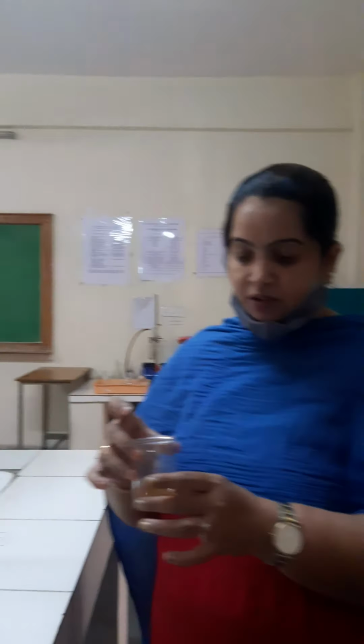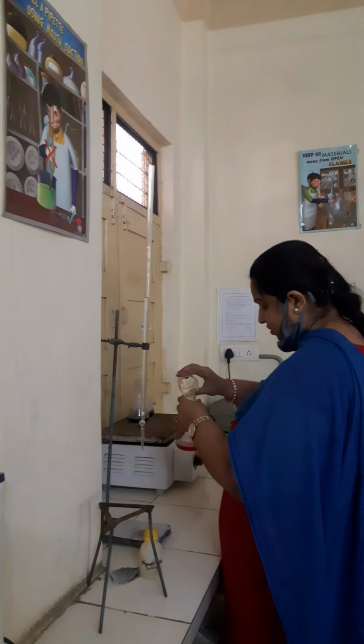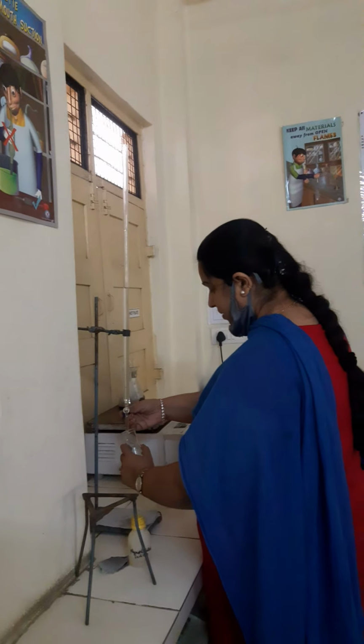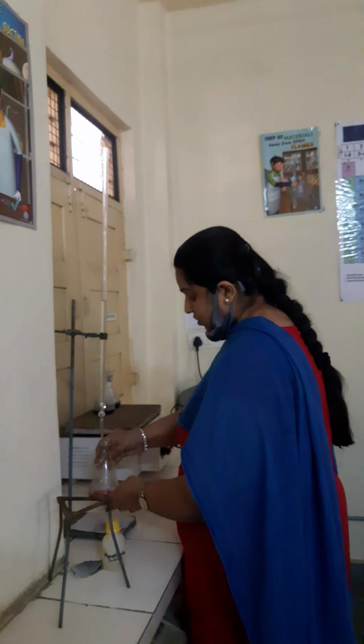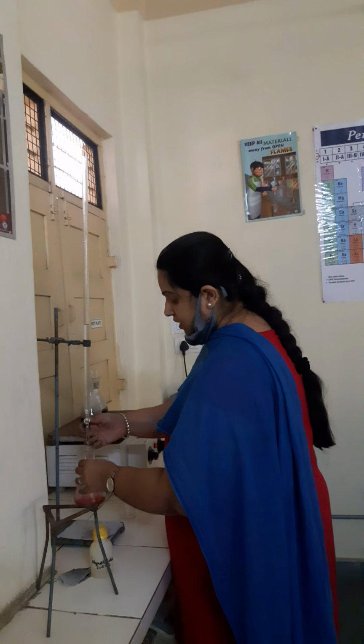Now after cooling down, this will be taken into the conical flask and titrated against 0.5 normality hydrochloric acid, using phenolphthalein as indicator. I will be titrating against 0.5 normality hydrochloric acid. You will be observing the end point as a pink color. In a similar way you have to go for the test as well as the blank. Now you have to calculate the V2 as well as the V1 value and substitute in the formula.